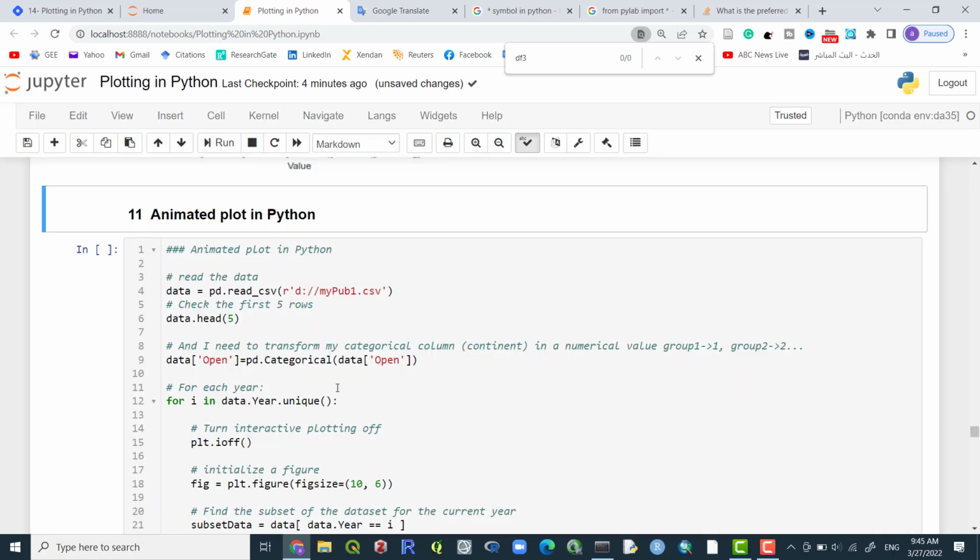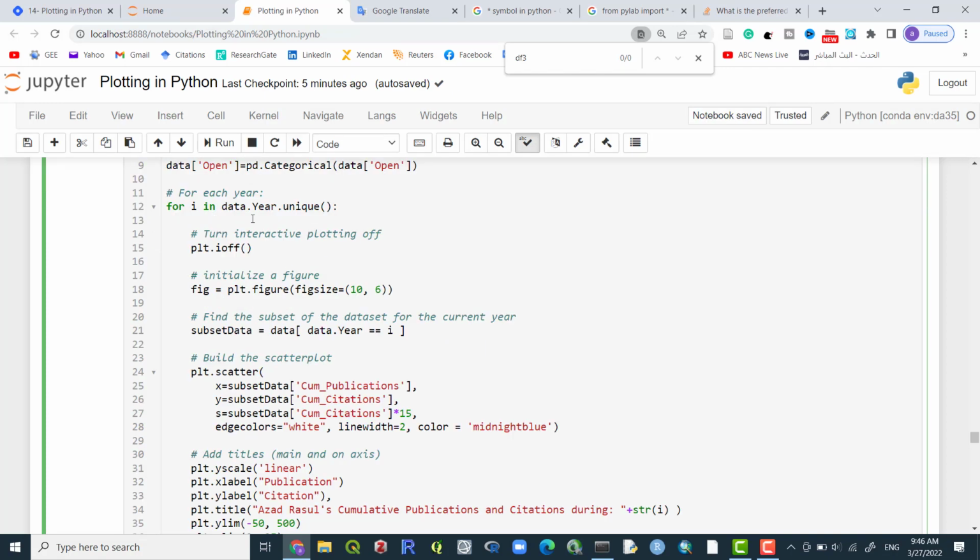Then we have animated plot in Python. We have two examples. The first one, I display my citation and number of publications. The data is mypub1.csv. For i in data.year.unique,